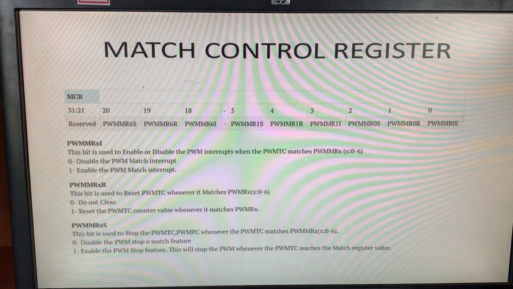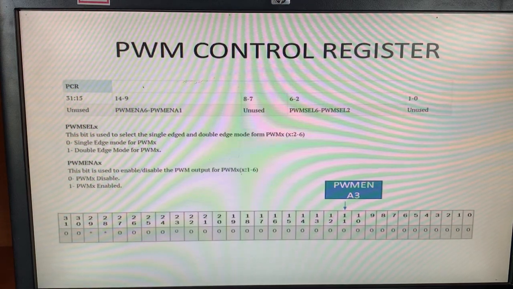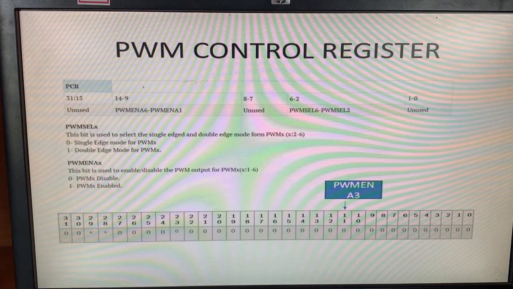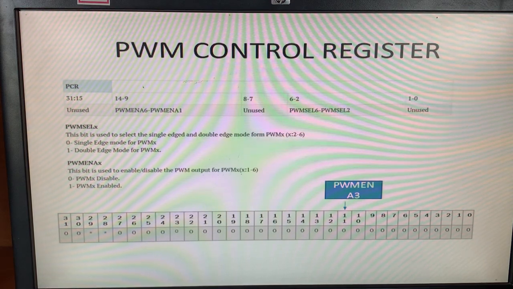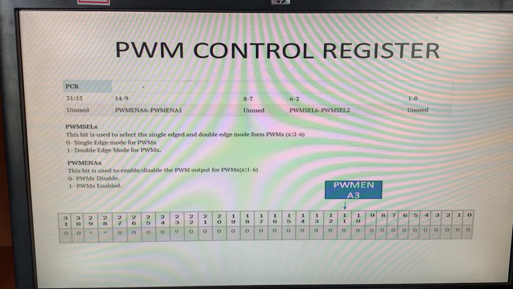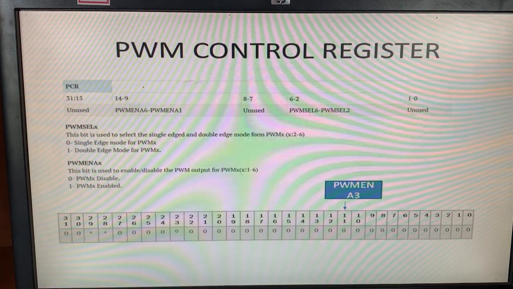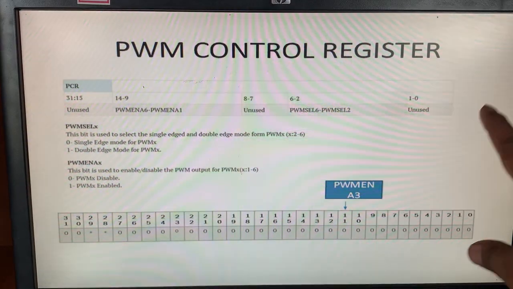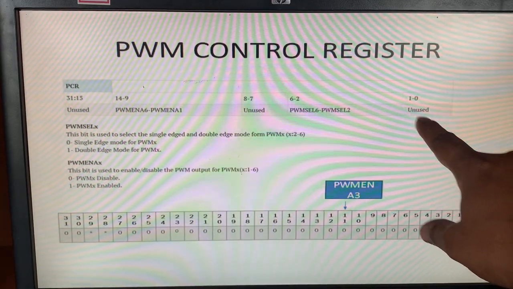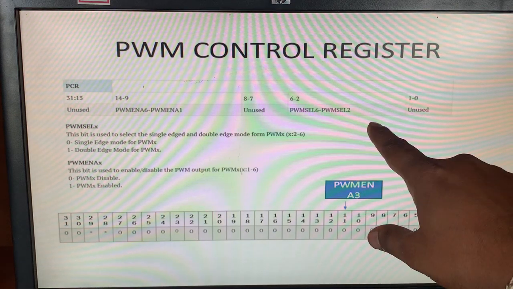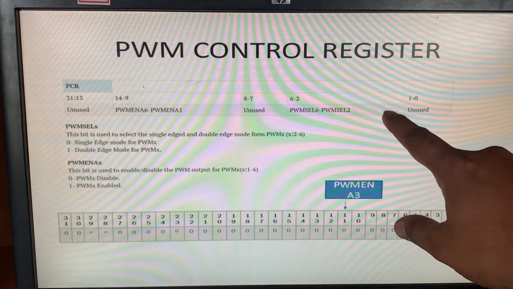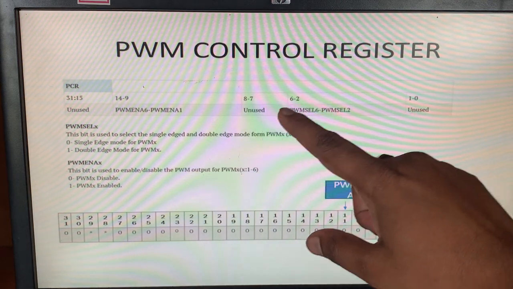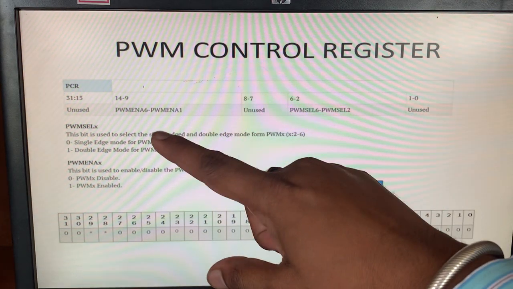Next one is PCR, in short form PCR, in elaboration pulse width modulation control register. This is also 32 bits wide, and you can see that bits 0 to 1 are unused, 2 to 6 are selection bits, SEL2 to SEL6. Bits 7 and 8 we are not using anywhere.